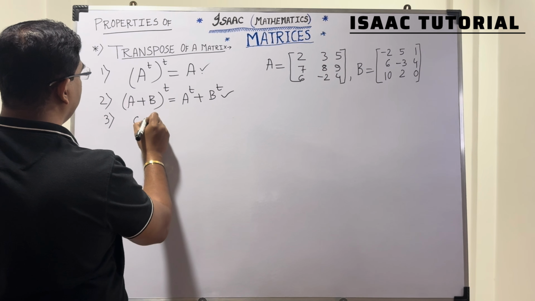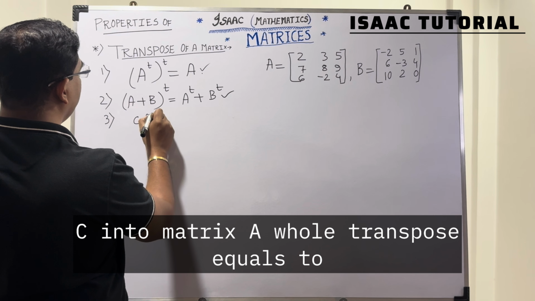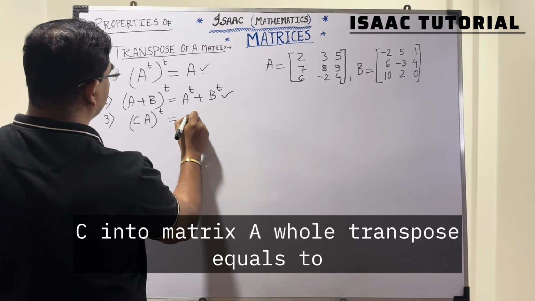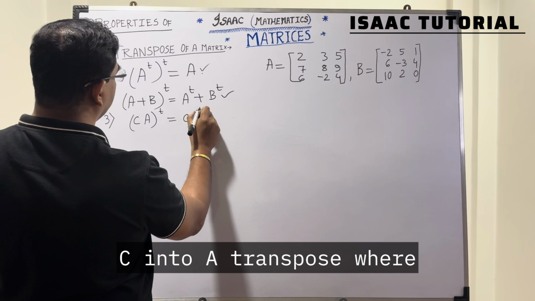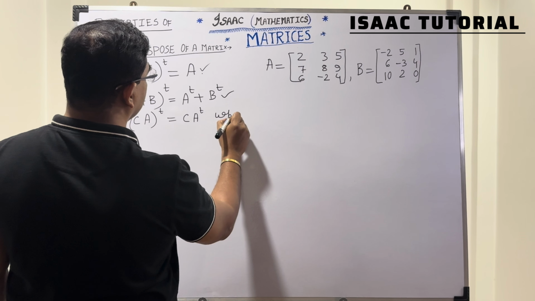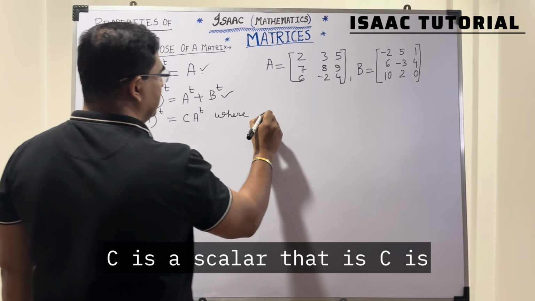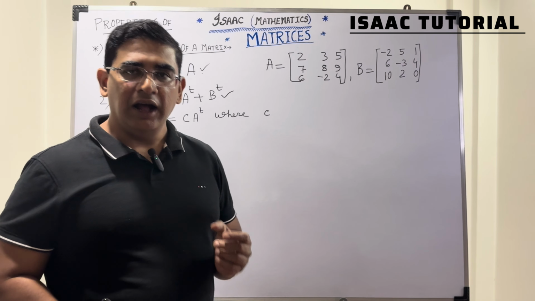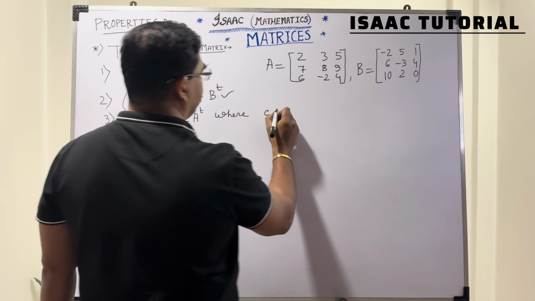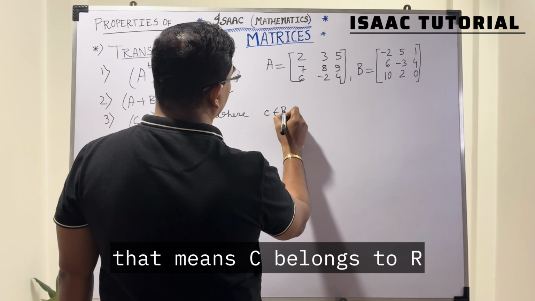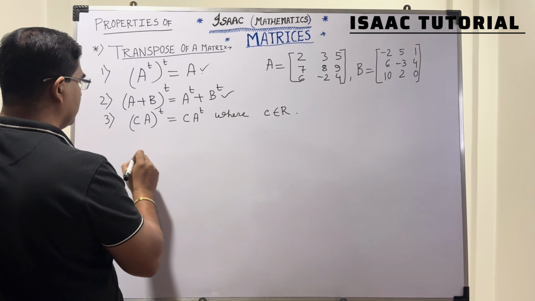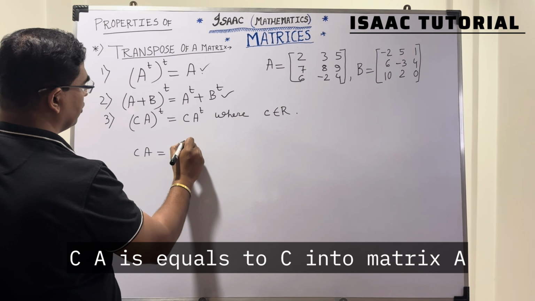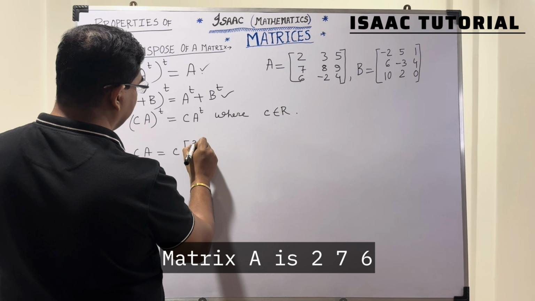In property 3, C into matrix A whole transpose equals to C into A transpose, where C is a scalar, that is C is a real number. That means C belongs to R. CA is equals to C into matrix A. Matrix A is